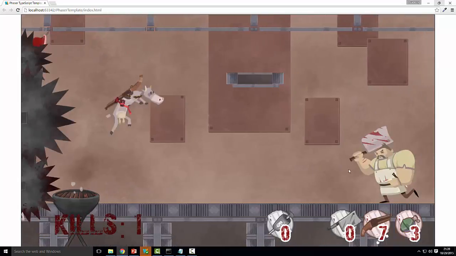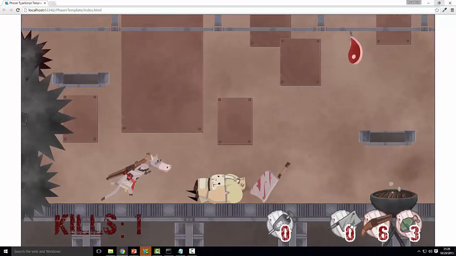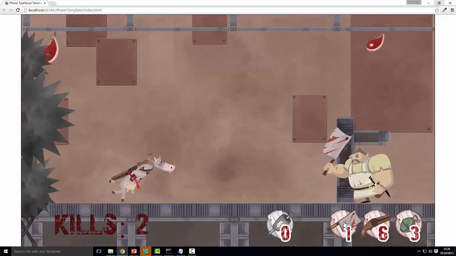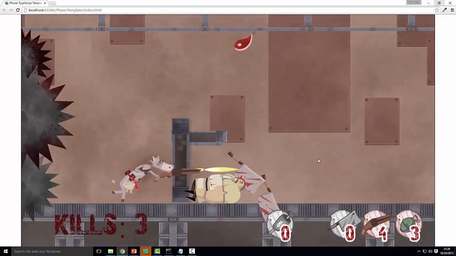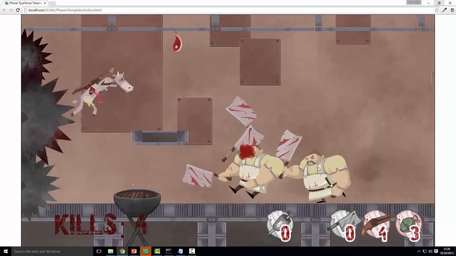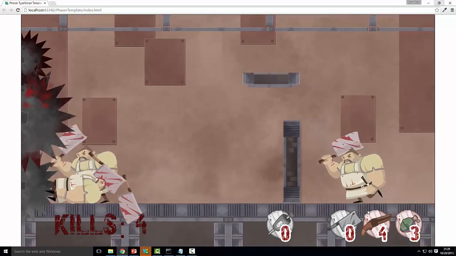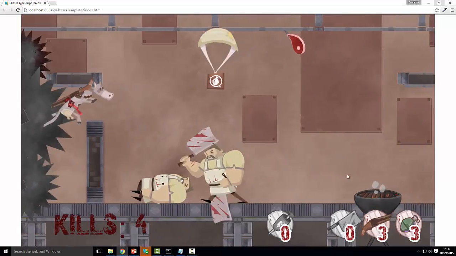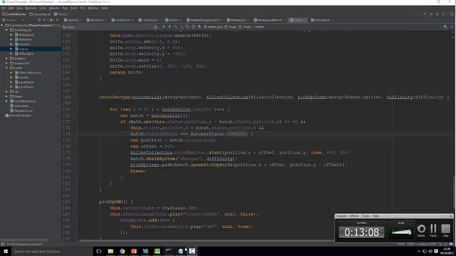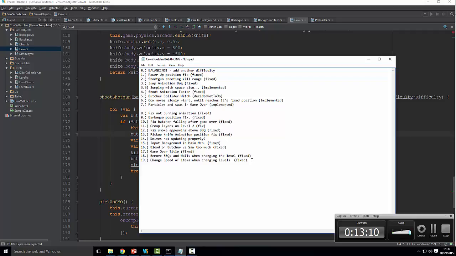Oh yeah, I saved myself. So knife, let's jump again, throw the knife, kill him, and now it's all fine. Yeah, and even if I shoot again, I'll shoot at the next one as well, but I couldn't show you that. So that is fixed, although it was not here. So butcher death